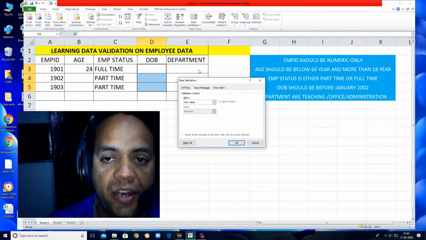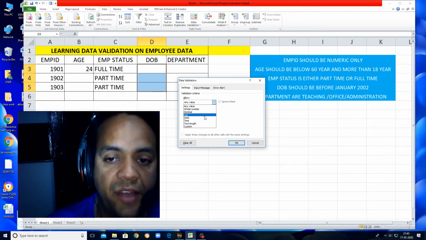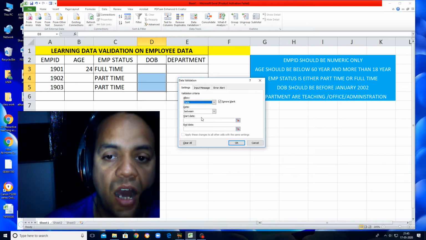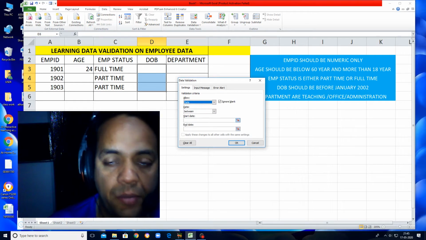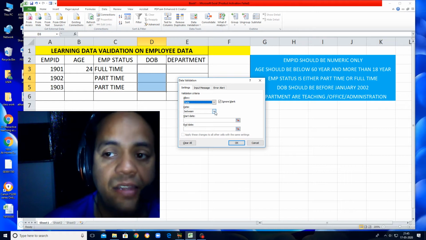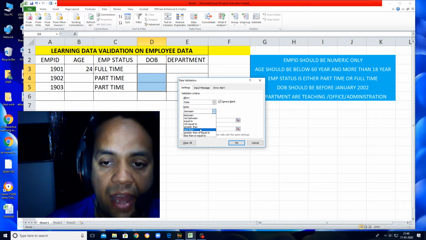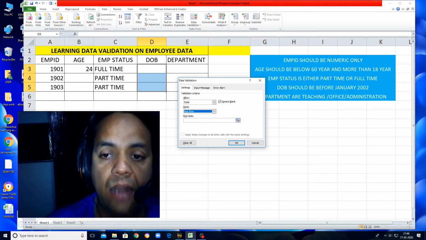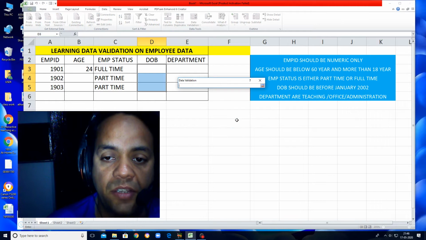Under data validation, since you are working with dates, this is called date validation. Under date validation, they have not mentioned a start date, but they have mentioned an end date. So we want less than January 2002, so we will go to the less than option. And the date you need to specify.